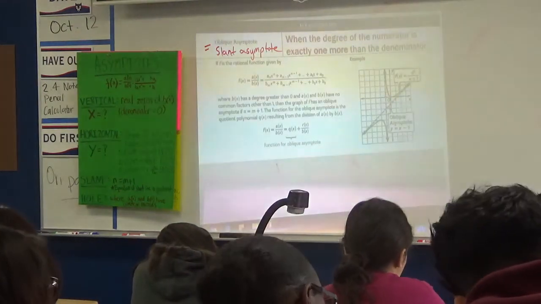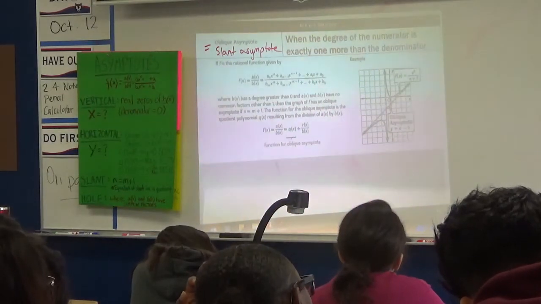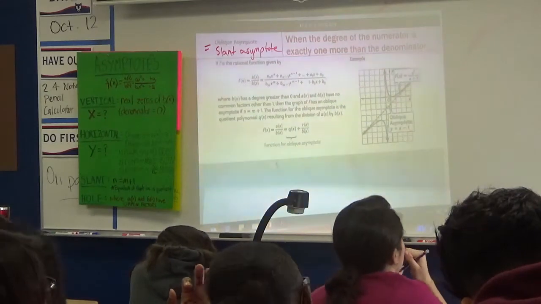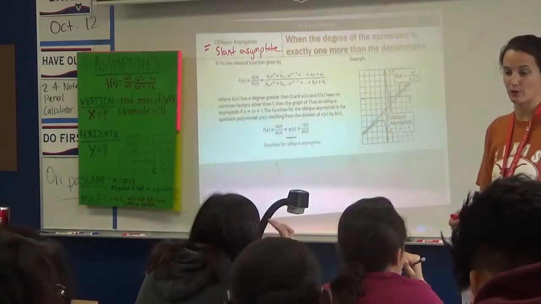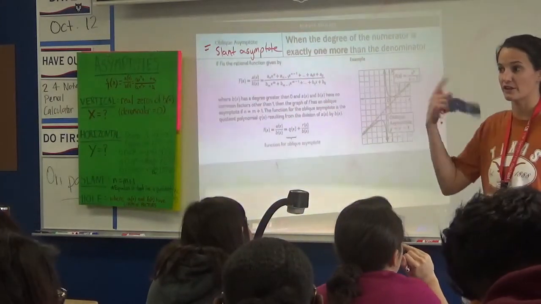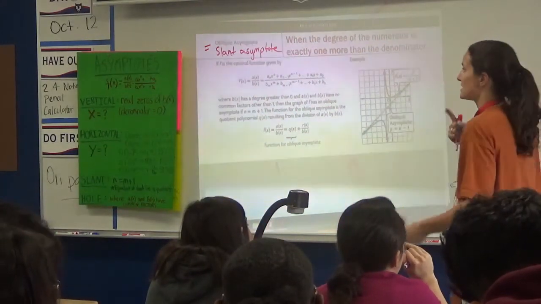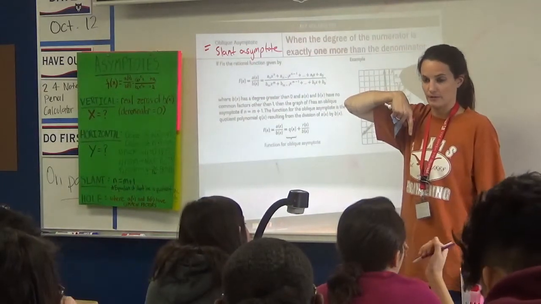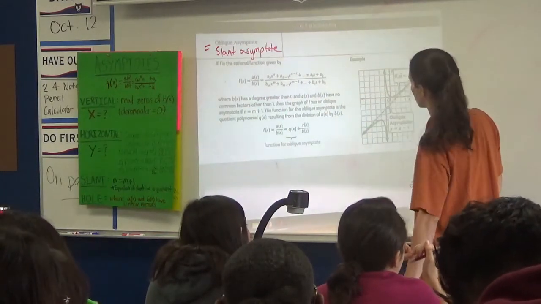Okay, raise your hand if you can tell me what I mean by degree. What am I talking about when I say my degree? The exponent, right? The highest exponent of the top and the bottom. This says that the highest exponent of the top has to be exactly 1 more than the highest exponent of the bottom. Okay, so if we look back at this last example really quick,